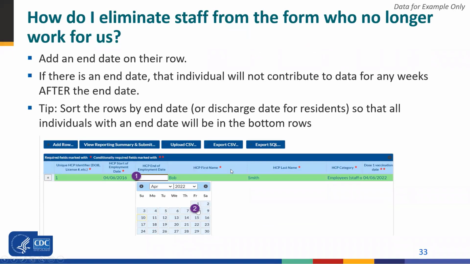And Hannah, this is another question I've seen a lot today. How do we indicate if there's no delete button? I can't remove somebody once they're no longer at my facility. So how do I update this row when somebody no longer works for me? Yeah, that's a great question. So what you're going to do is add their end date, it's the end of employment date,